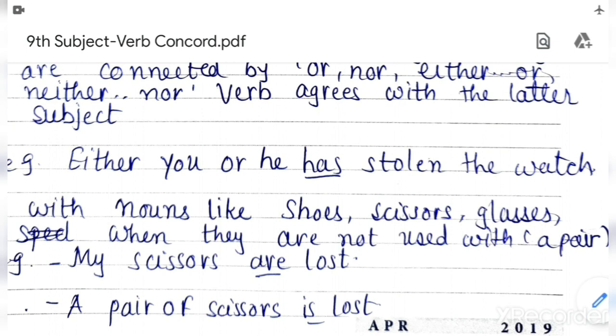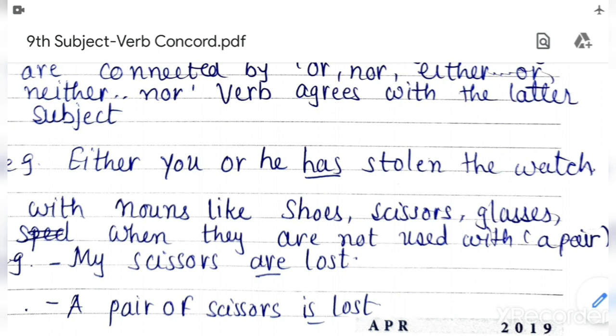If I use "the king and the poet are here", then it is the right sentence. If I put the article before poet, then there are two persons, the king and the poet. They are different persons. But if the article "the" is not used before poet, then there is only one person. The king himself is a poet. So here the correct sentence is: the king and poet is here. Understood? Then next one, third sentence.